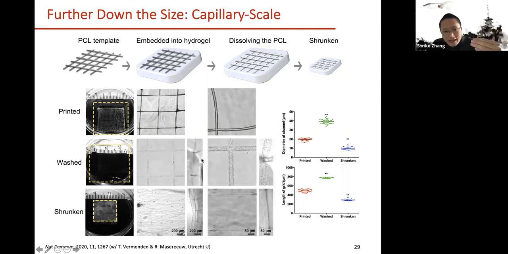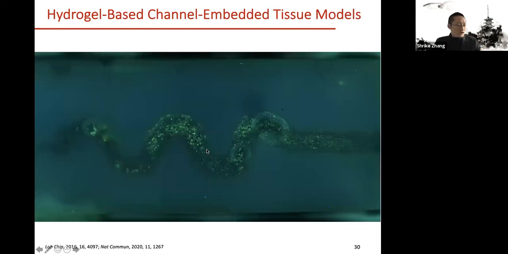And if you shrink that further, you're going to achieve single capillary level microchannels that are perfusable, right? So these are all the way down to about 10 micrometers, which is pretty close to single capillaries that we have in the human system, right? So about 7 micrometers in diameter. And these are all perfusable tiny little channels within the matrix or tissue that you can form. All right. So then,